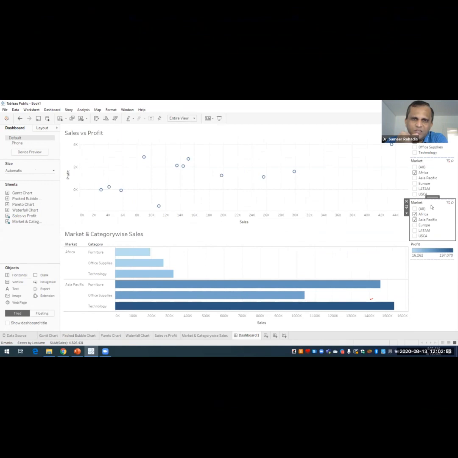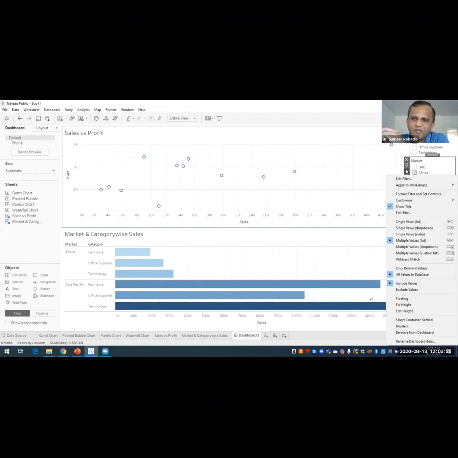What we have to do is select this first market filter, and this is the important step: click the drop down arrow where we have more options, and then choose the second option, apply to worksheets.